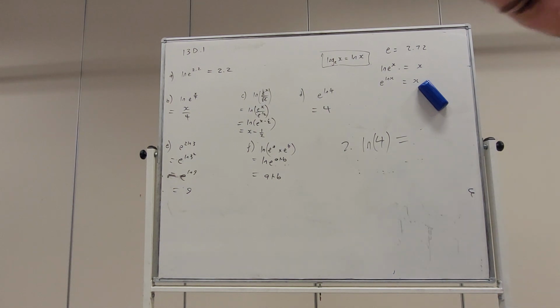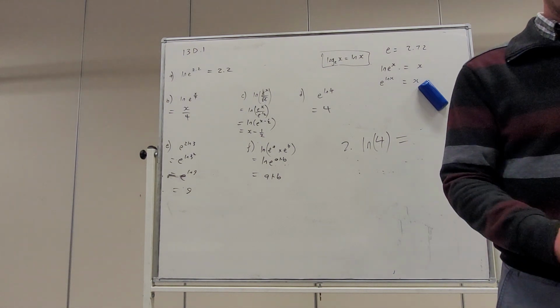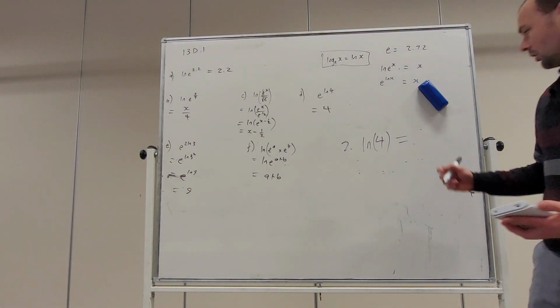Can I tell you where the ln button is? So the ln button is pretty much in the middle of your keyboard. It's right next to sin, right? And so we're just going to type in ln 4, and I've got